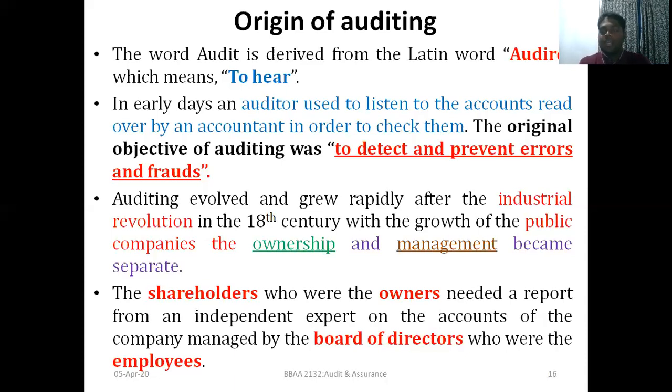So from this public company point of view, what actually happens? These shareholders, in our story all the 10,000, attend the annual general meeting. Each and every year, as per the Companies Act, all the public companies have to conduct a meeting. That meeting is called the annual general meeting. After a 12 month period, they have to call all the shareholders for the meeting. That is the annual general meeting, AGM.